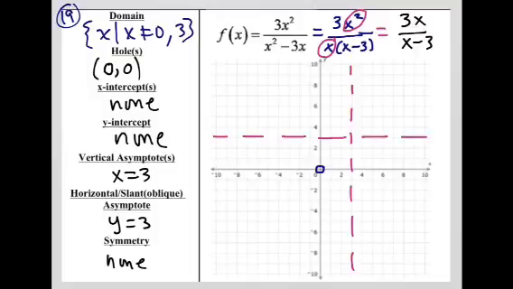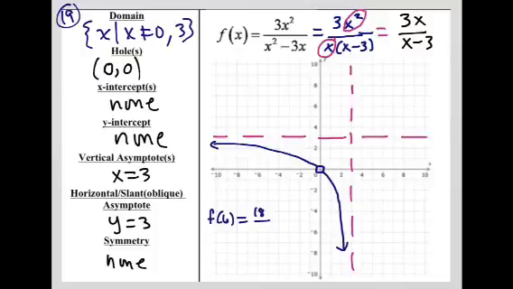Okay, so we connect, there's a hole at 0, 0, so that's okay. We use that to draw the anchor for our branch right here. And I'll plug in, let's say, f of 6, just to get a number on the other side of the vertical asymptote. So 6 times 3 is 18. 6 minus 3 is 3,